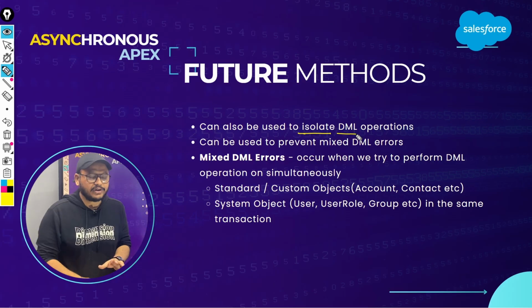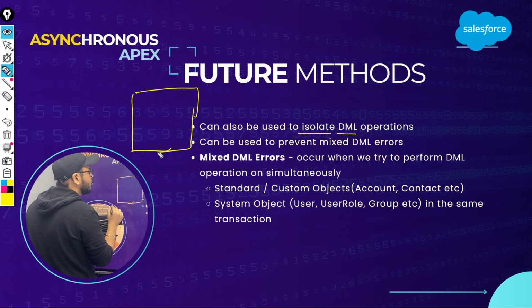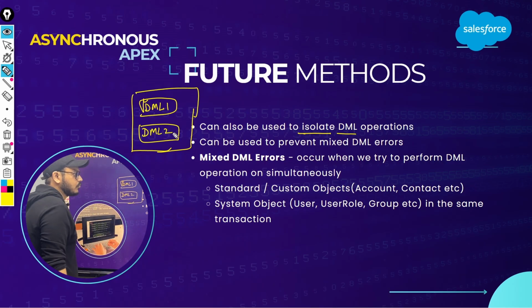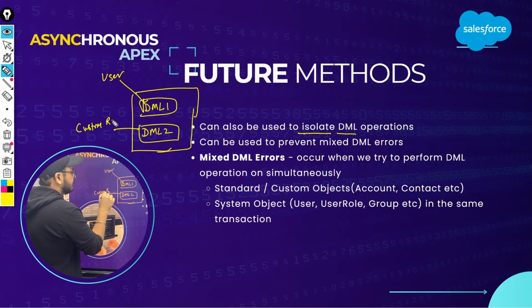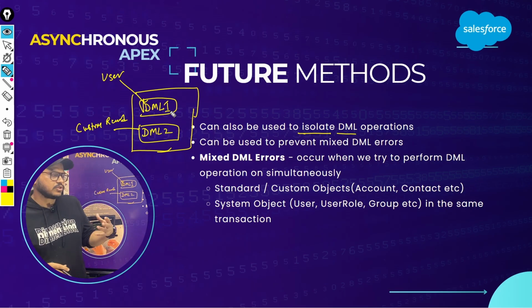Isolating DML operations means, if this is my code and I'm trying to perform, let's say, DML1 and DML2, then let's say I want to create a user and then create a custom record in a custom object. DML1 is create a user, DML2 is create a custom record, and if I'm trying to do these two things in the same Apex code, same method, then what happens usually, Salesforce throws a